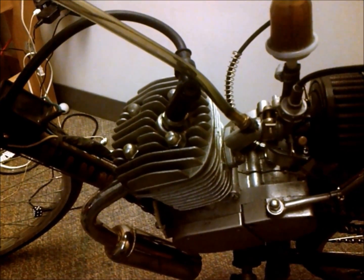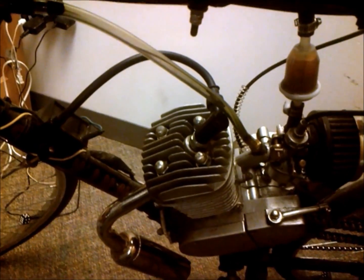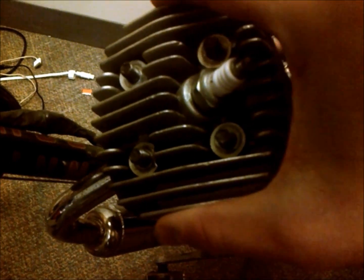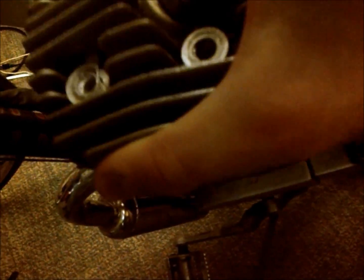So, assuming the worst, it sounded pretty bad, so we're going to go ahead and pull the head off here and take a look downside. Alright, so I got the head bolts off here, and you're going to see it at the exact same time I'm going to, so go ahead and work this up and off. Sure enough,